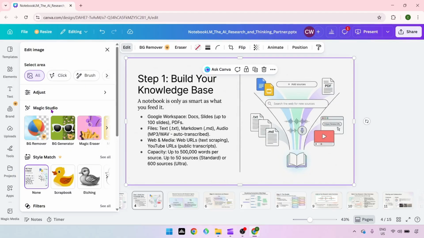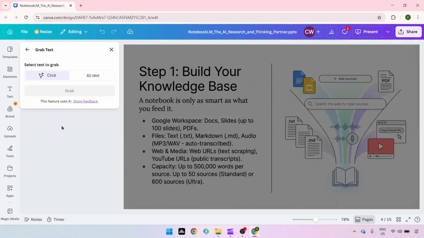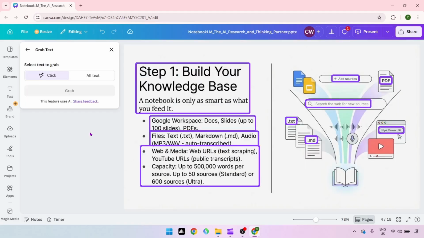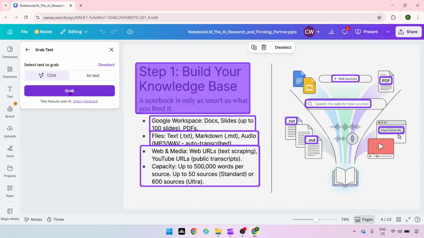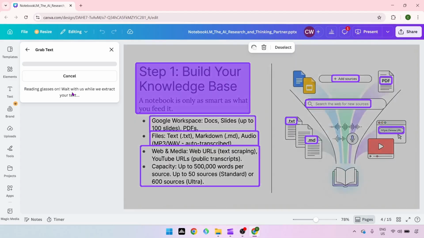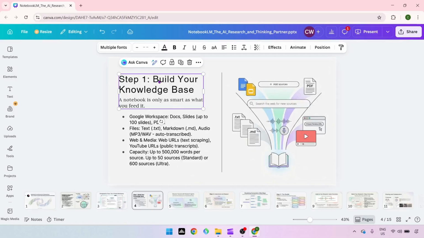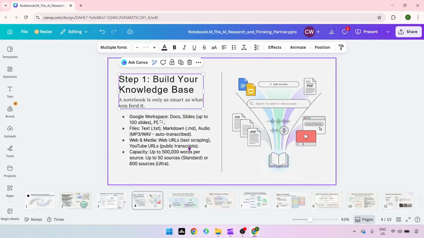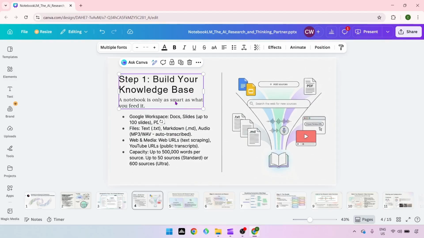And here under Magic Studio, look for a tool called Grab Text. Canva will then automatically scan your image for all the texts available. Now select the text you'd like to edit and grab it by pressing grab. You can also grab all text at once by pressing all, and from there you can now start editing the